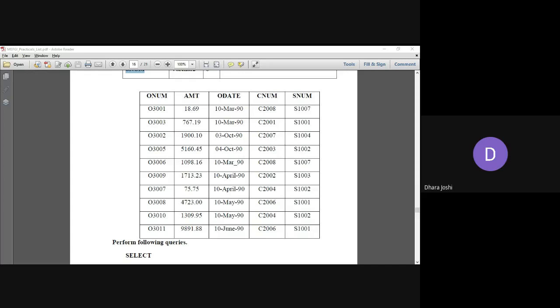Okay, so after 2 more minutes, Vaibhav, you are going to present your screen. You need to perform select star from each and every table. After Vaibhav, Ruti, you need to share your screen for the same, for the 3 tables.